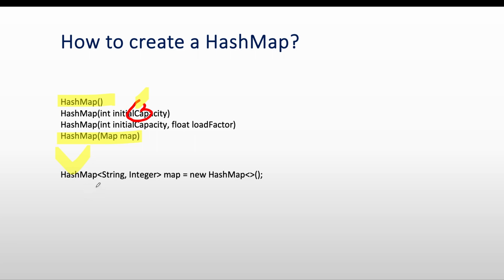So for example, if we want to create the hash map, then here we need to provide key and value. We know that hash map is going to hold the values as key and value pairs. Key can be anything, value can be anything; it's just that, based on the requirement, we can provide any key, like string type as a key and integer type as a value, and then object equal to new HashMap. So this is one syntax, using which we will be able to create it.